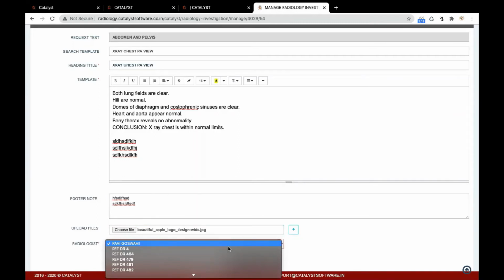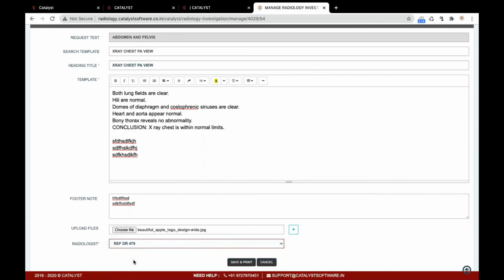Sometimes in a diagnosis radiology center or pathology center, you have two or three partner doctors. Means in the morning one doctor is there, in the afternoon a second doctor, in the evening a third doctor. Some have only one doctor who manages all that, and some make a partnership where in the daytime this one will be there. So you can have multiple radiologists also. Like in the morning, this is doctor number 479. He was there. So I simply save.